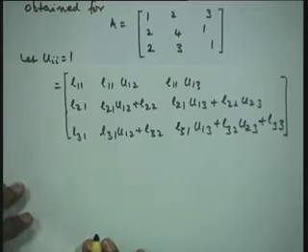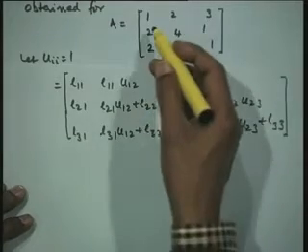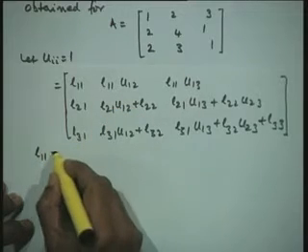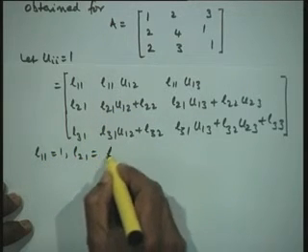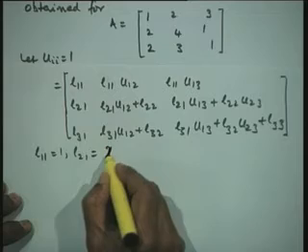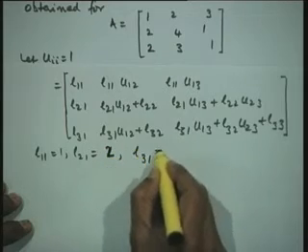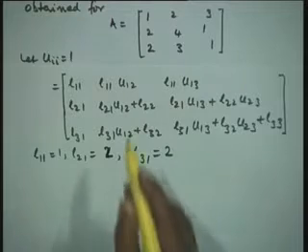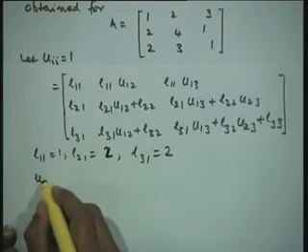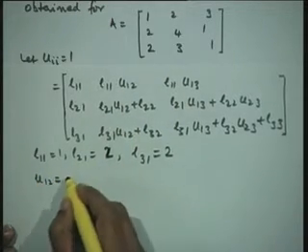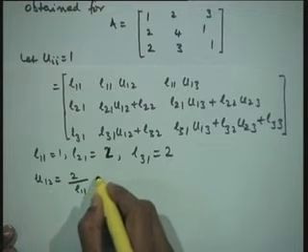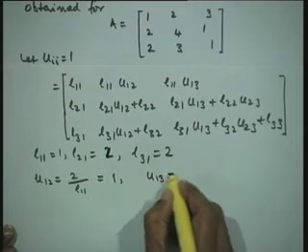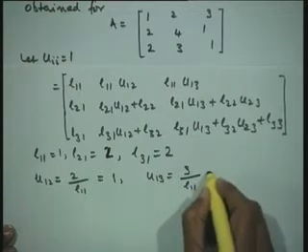Now, this is the product of our L and U, which I would compare with the elements of A. So, I know the first column of L is the same as A: L11 is 1, L21 is 2, L31 is 2. This is your 1 2 2. Now, let us determine these two elements. U12 is equal to 2 divided by L11, that is equal to 2. U13 is 3 divided by L11, that is equal to 3.